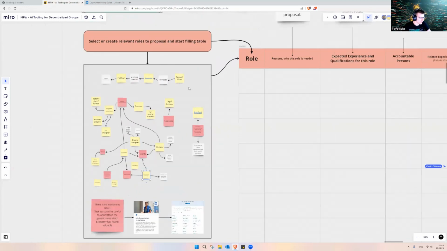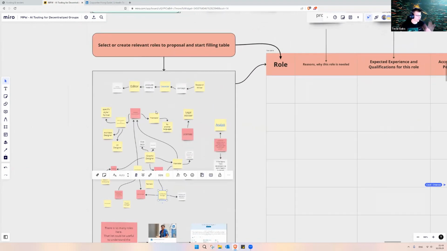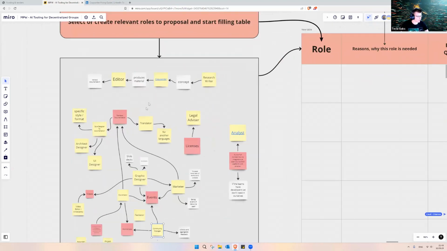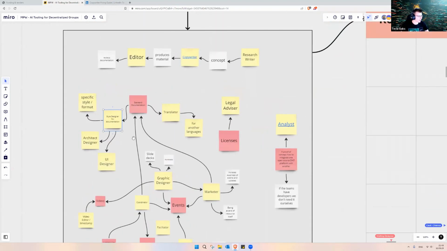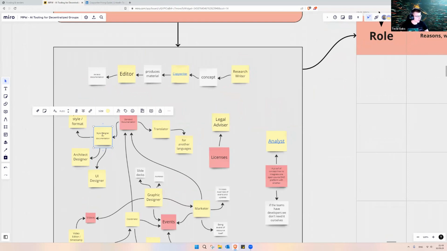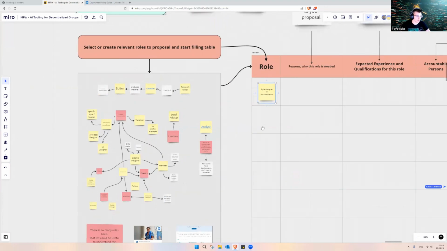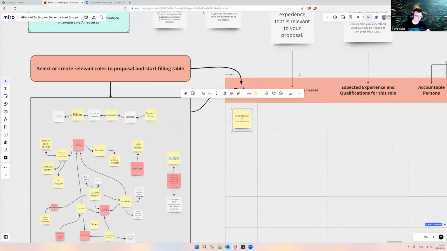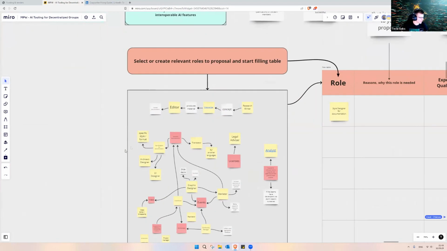So when we take the roles, let's start with just random ones from each section. Let's say standard documentation would need a style designer for documentation. When we pick a style designer for documentation, we need to reason, focus on experience that is relevant to your proposal, and give the reason why this role is needed.